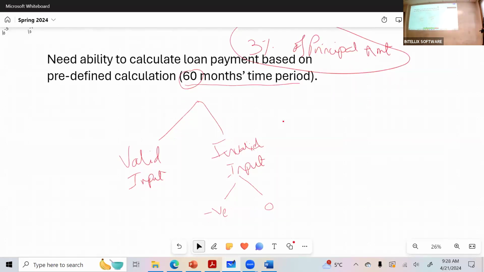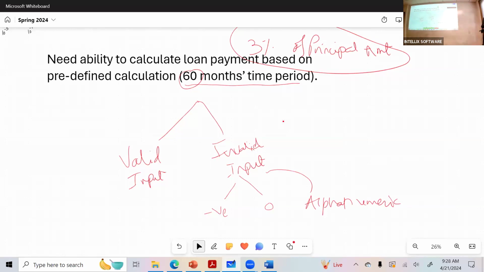The monthly payment equals 3% of the loan amount. That's the calculation I gave you on Thursday. So you need to go by that. Now, what if for the input, somebody enters actual words in 10,000, let's say, or 5,000, alphabet? Is it allowed? No. So you want to say that if alphanumeric characters are entered, that's invalid input.